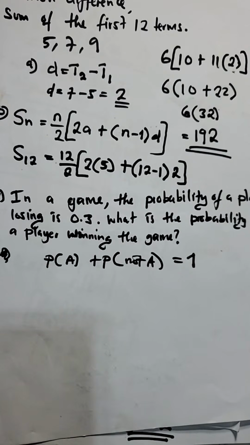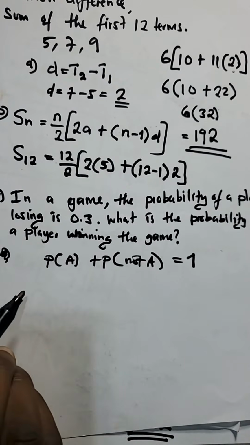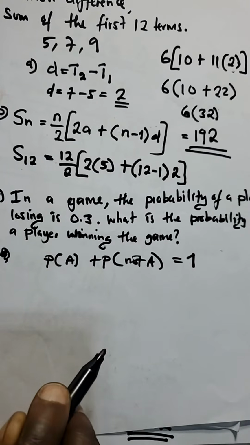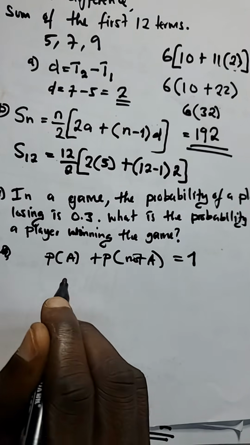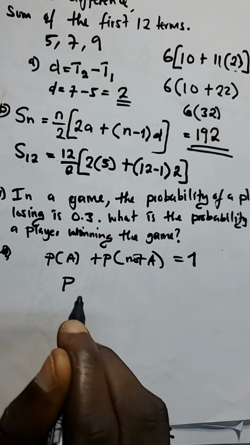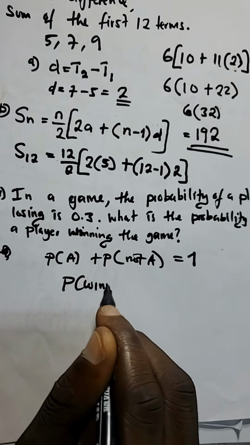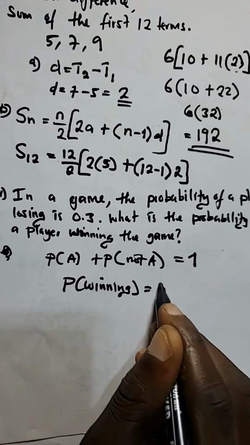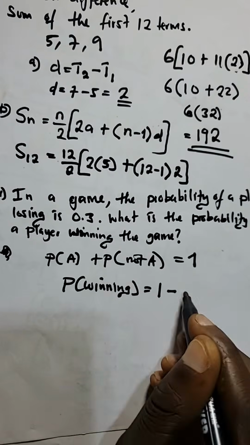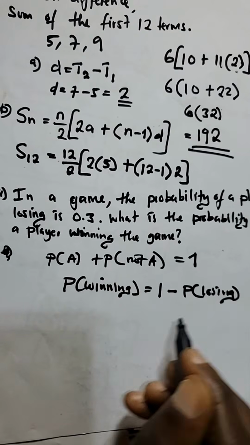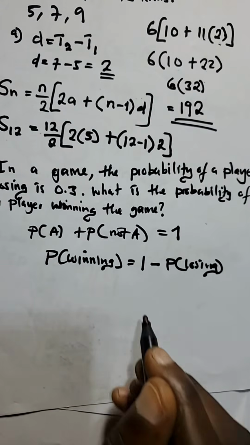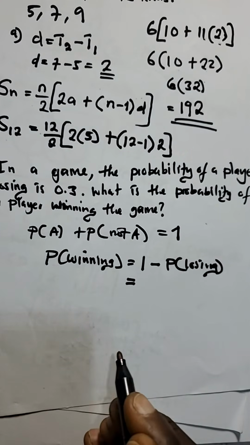That event definitely will take place. Now, these kinds of questions are simple to answer because probability of positive plus probability of negative is what? Certain. Something must happen between the two. So here we have been given probability of losing, so we're calculating probability of winning is equal to 1 minus probability of losing. Let me just write this. By the way, this is just 1 mark. Don't waste time when calculating this. I'm just explaining so that you understand the concept. So it'd be